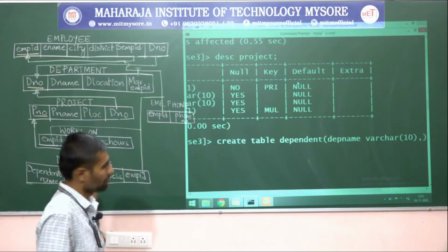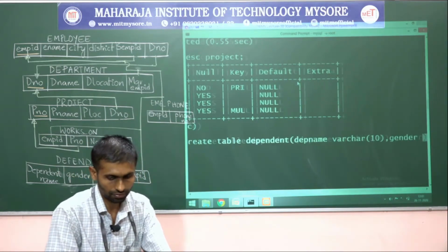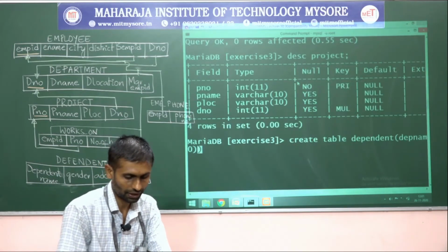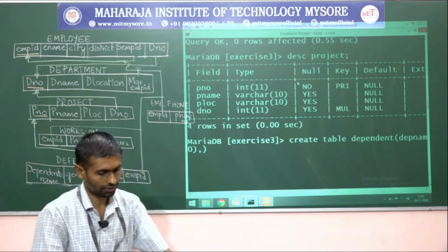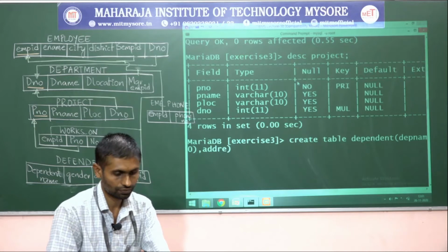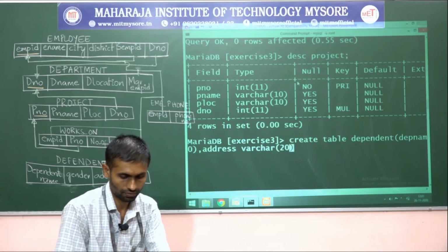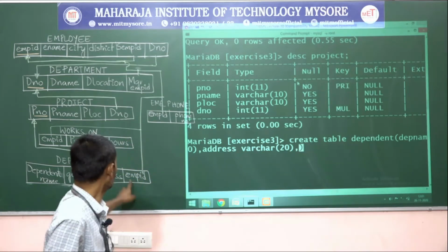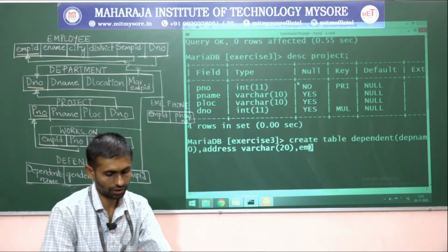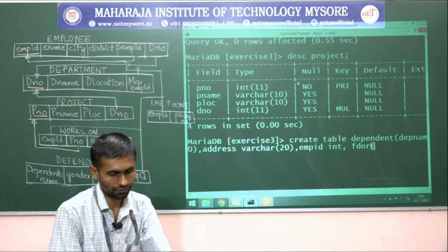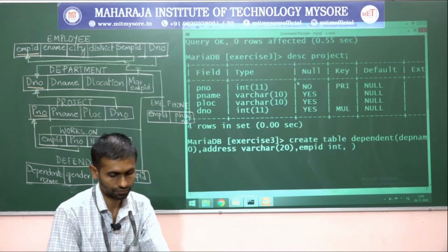Next, gender, some 10. Next, address, some 20. Next, employee ID as foreign key, EMPID int, then foreign key of